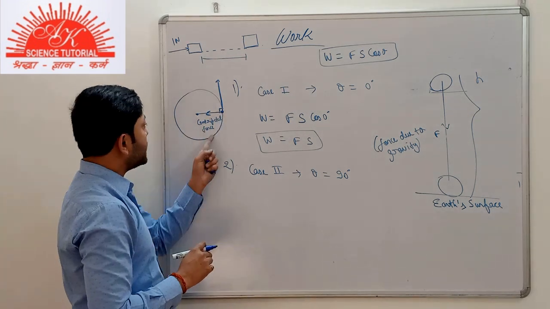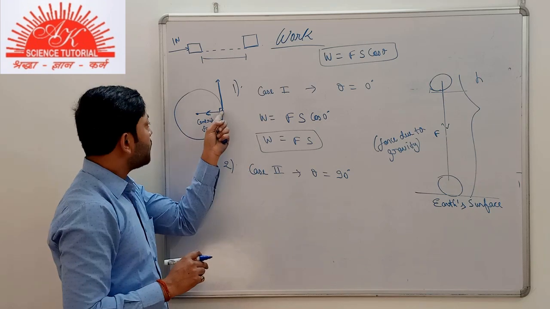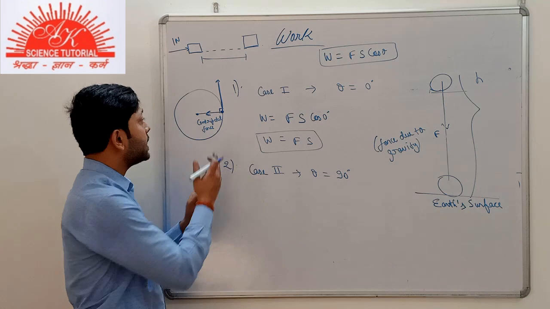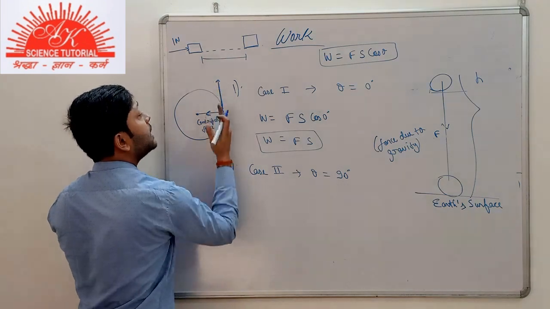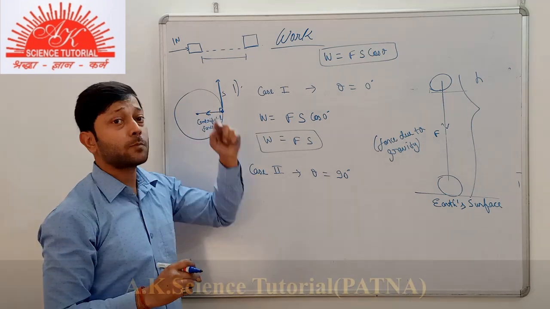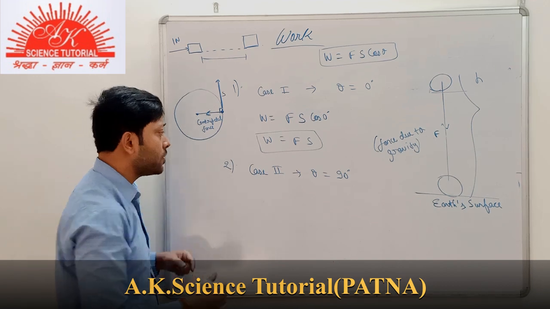So in this case, what would be the work done by this centripetal force? The force is acting in this direction towards the center, but the direction of motion, the displacement, is in this direction. So the angle between the force and displacement is 90 degrees. So in this case, the work done by the centripetal force will be,